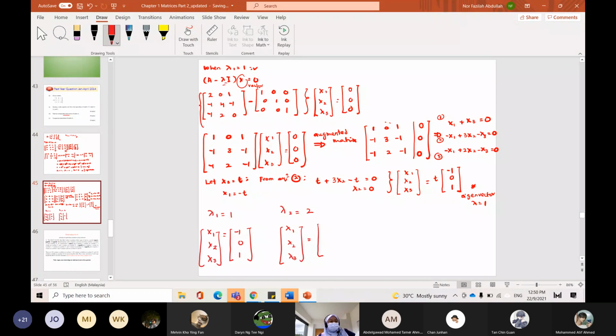So when lambda 2 equal to 2, your eigenvector should be equal to 1, half, 0. And when lambda 3 equal to 3, I get x1, x2, x3 equivalent to